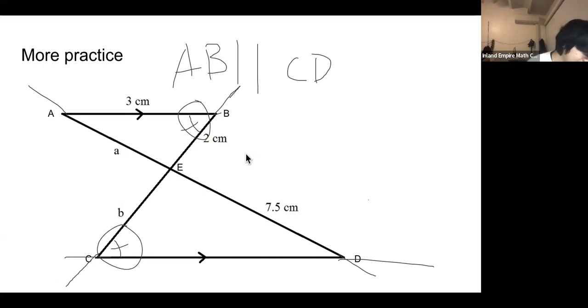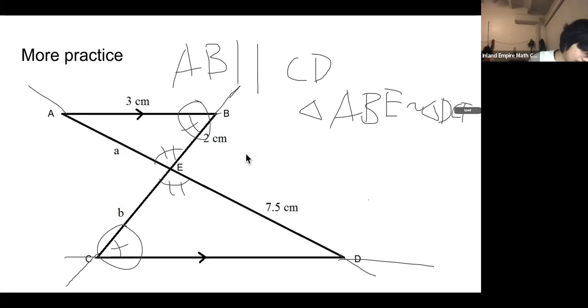And because we know that these two angles are the same, based on AA similarity, angle-angle similarity, triangle ABE is similar to triangle DCE. And because these two triangles are similar, then we know that their side length ratios are the same. So,